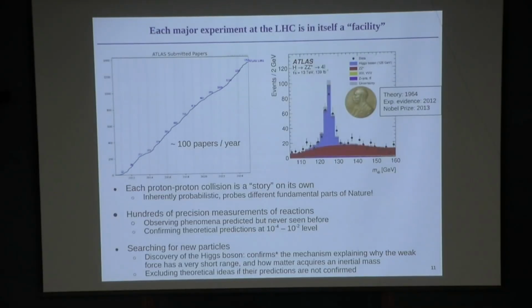So this is an example of finding new particles, where you can actually produce a new particle and see evidence of that. But in addition to that, we really have hundreds of precision measurements of different types of reactions, dozens of which have never been seen before. And this really forms the richness of collider physics. And in addition to finding new particles, we also can exclude theoretical predictions when a particle might be expected from some theory, but is not found.